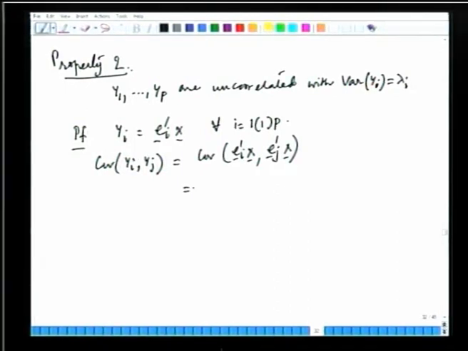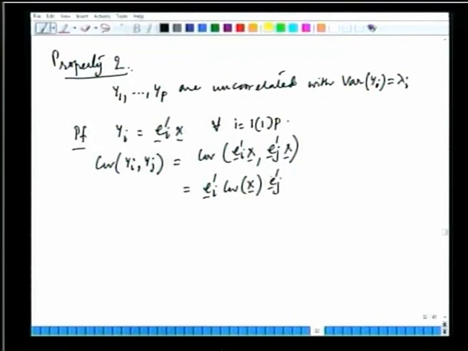So this is in fact ei prime times the covariance of x times ej, and this covariance of x is nothing but our sigma matrix, the matrix which is very important to us for calculation of eigenvalues and eigenvectors, and we use the spectral decomposed representation of this matrix to write ei prime P D lambda P transpose ej,